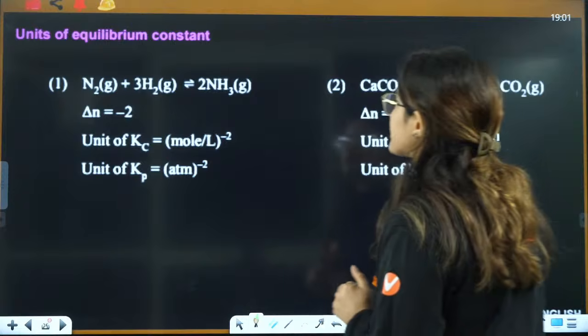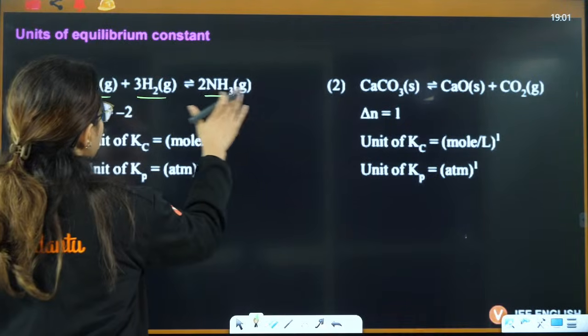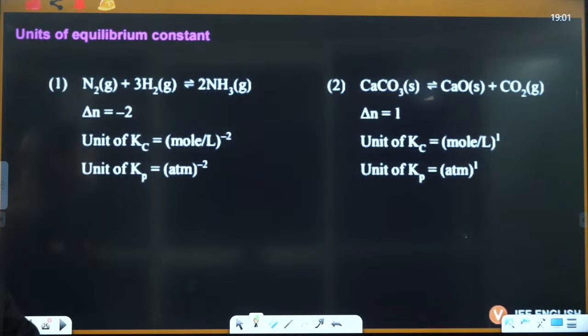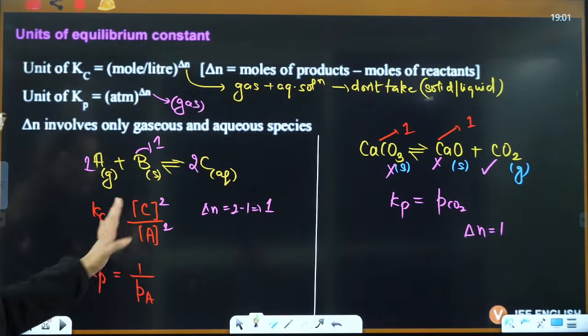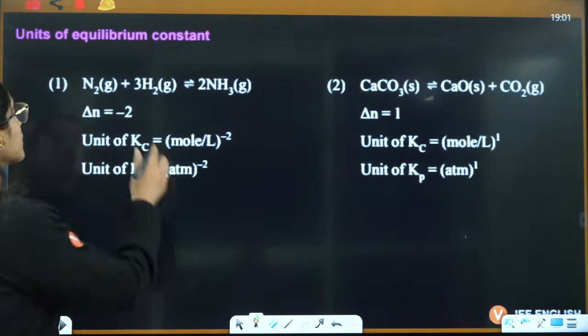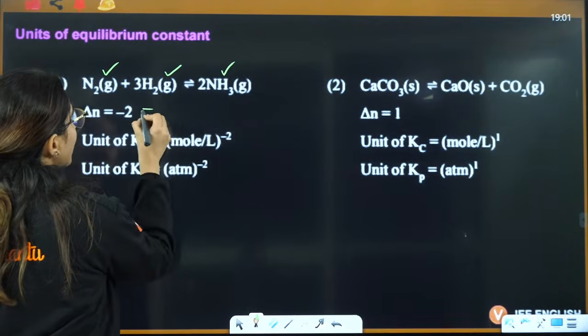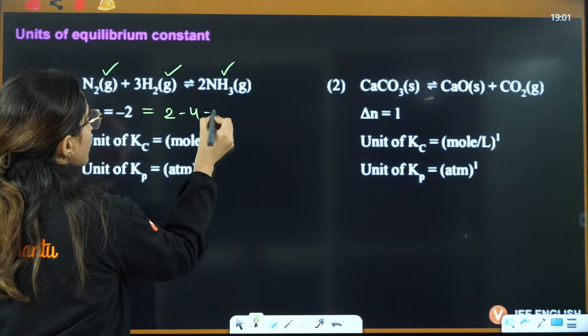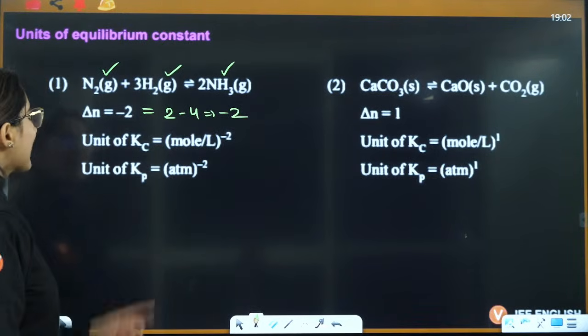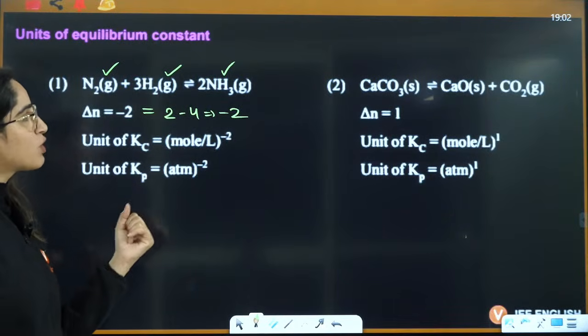If you see this question we are discussing, this is gas, this is gas, this is gas. We can definitely define the concentration of a gas as we have defined here. So here this will be included, this will be included, this will be included. So delta Ng will be 2 minus 4, that is minus 2. That is why the unit of Kc will be mole per liter raised to power minus 2, and the unit of Kp will be atmosphere raised